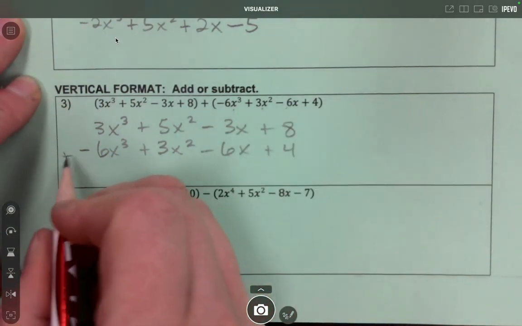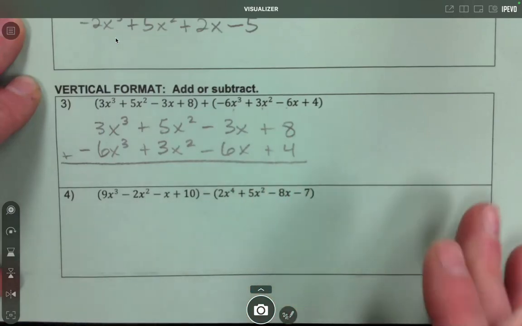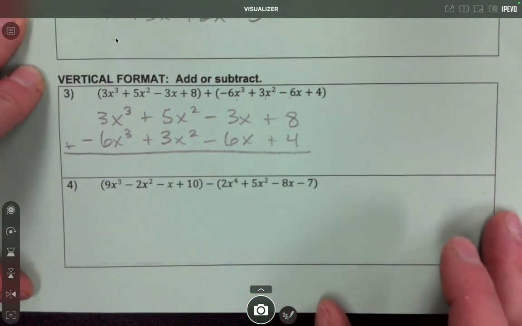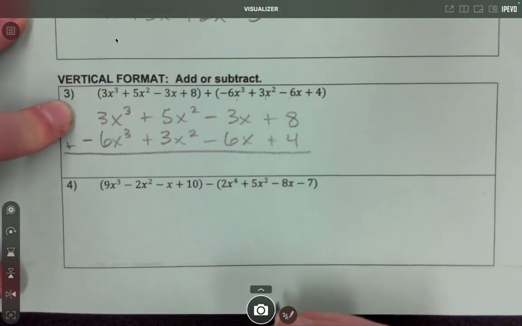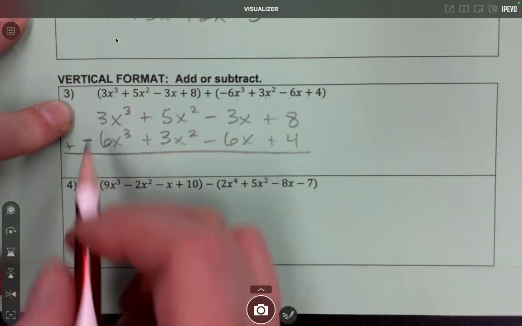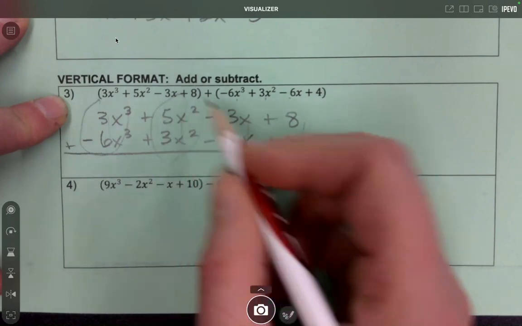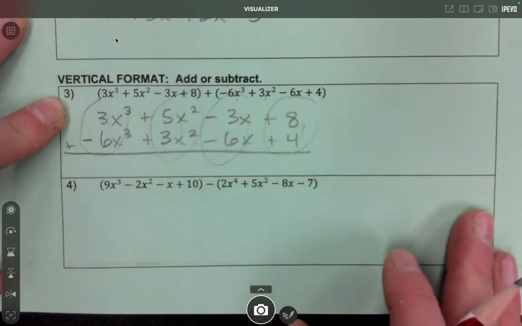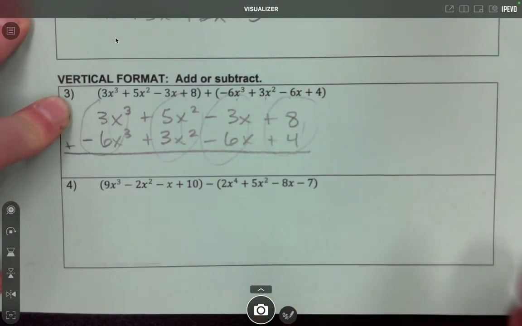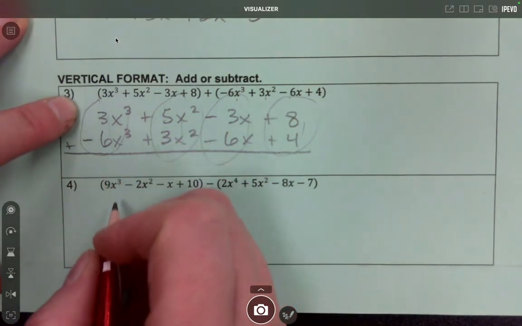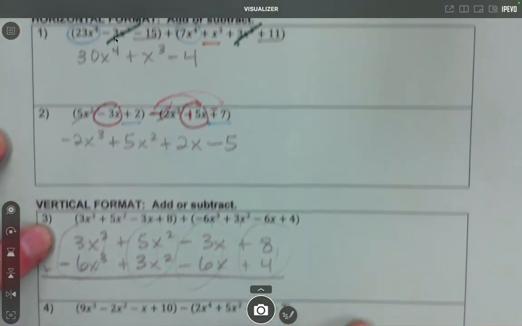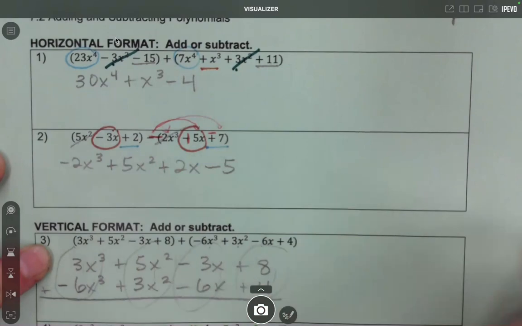And then when I go to add, everything is in columns. I don't have to look for my like terms. So most of us actually prefer this. It's easier. We don't have to think. We can just go through and combine. I'm just combining these two, and these two, and these two, and these two. But it is an extra step to rewrite. And so it's up to you what you do. I don't care if you do our horizontal format, which is more traditional, or if you want to take the